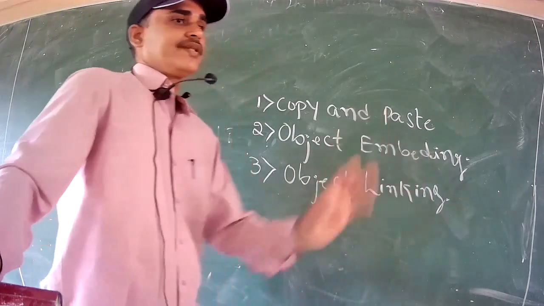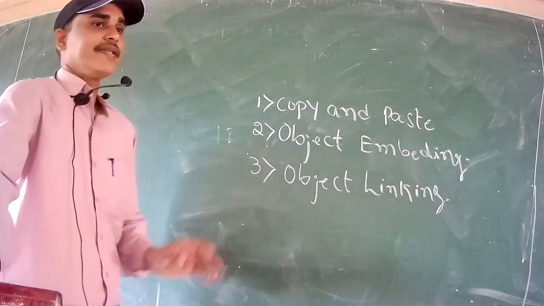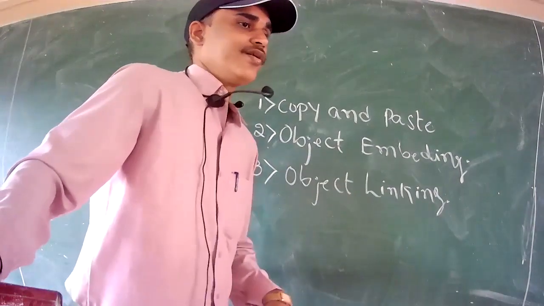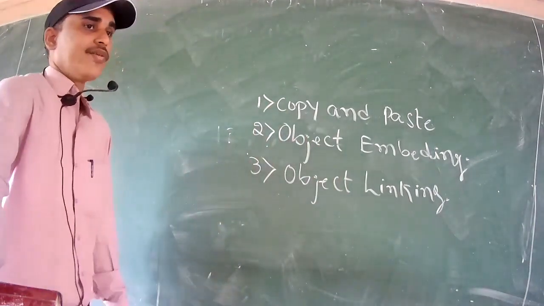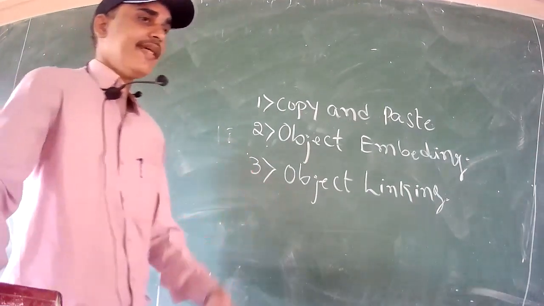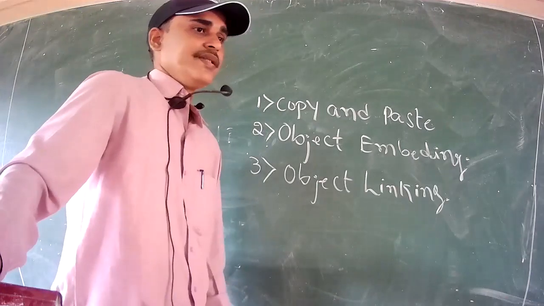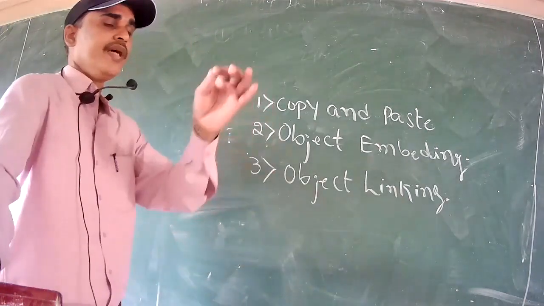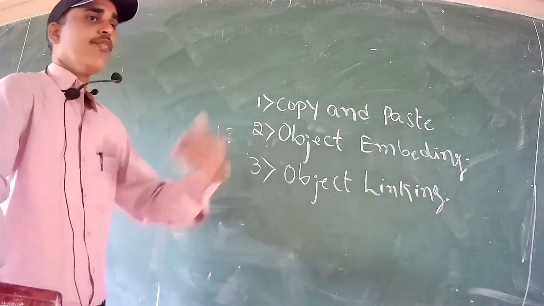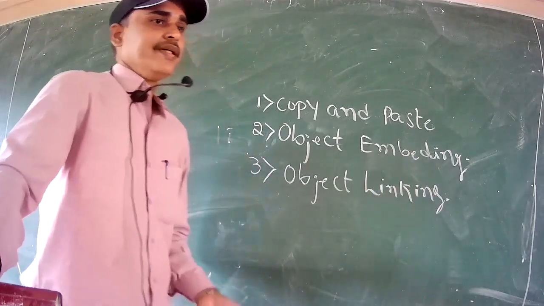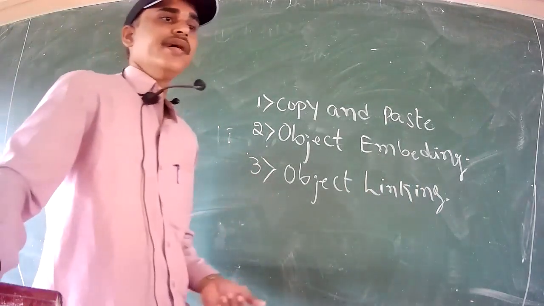Means, for example, if you need the chart, select that chart and copy by pressing Ctrl C, or right click and copy, or from the toolbar also you can click on the copy option. Now in the second part, there are some different steps we are going to follow. What you have to do is minimize MS Excel, go back to the MS Word. Already the cursor is placed there. Check once again the place where you need the data.